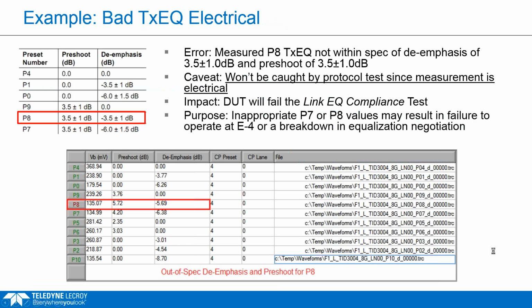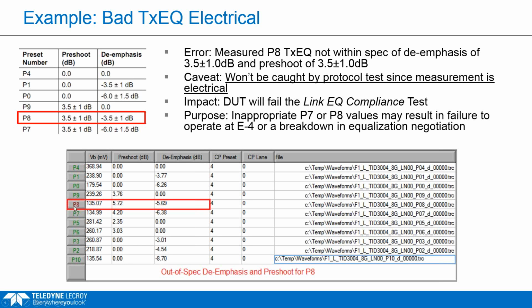Here's another example where we have, again, we've requested a specific preset from the device under test using our PeRT. And when we get that response, what we actually do is we acquire that signal on the scope, and then we save the waveform. And so we go through and we actually request every different preset, and we save each of the responses. And we want to test to see if the electrical response is actually the preset we asked for. And in this case, you can see we're checking each of the waveforms here, and all of them pass